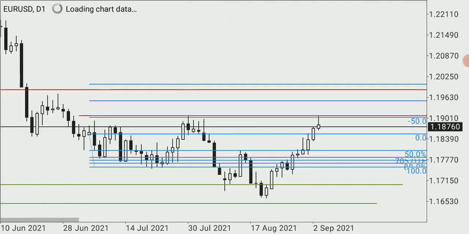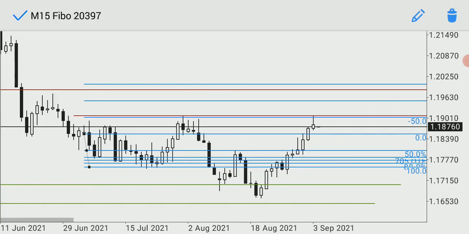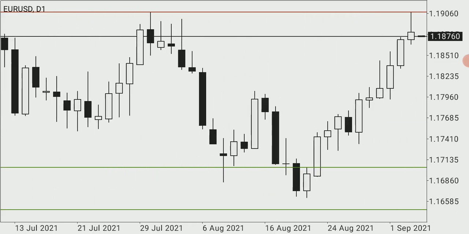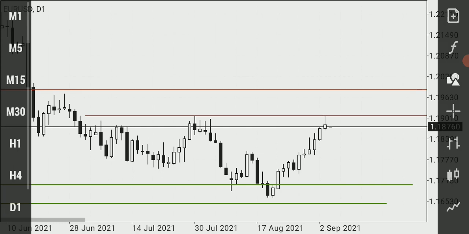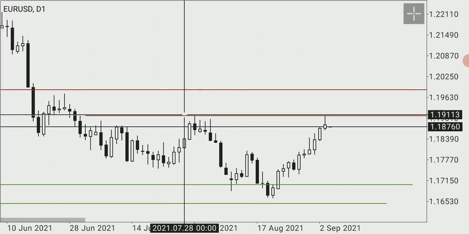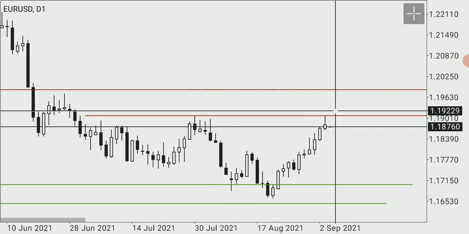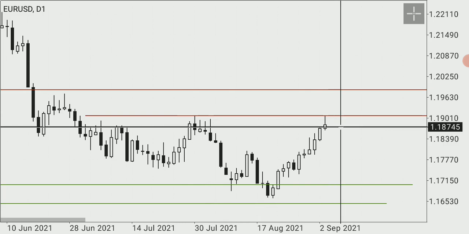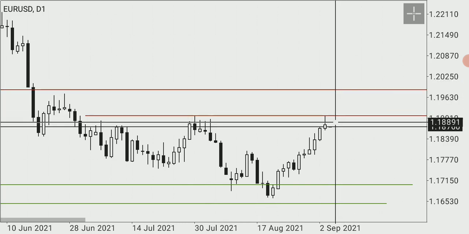All right, so with that, let's take a look at what we have for the euro. Okay, so for the euro, we have this equal high. We have this high. So the market did not actually come to take out this high. All right, so we'll still be looking for the bullishness of the euro.